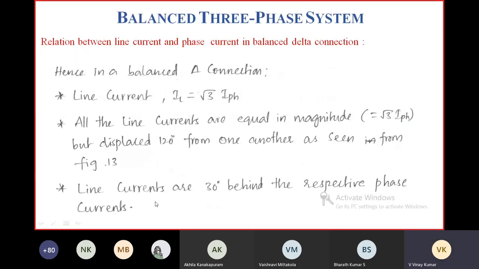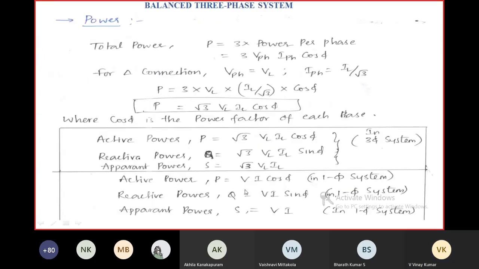So line currents are 30 degrees behind the respective phase currents, which means the phase current leads the line current by an angle of 30 degrees. Coming to power, after using the relationship between line voltage and phase voltage, and the relationship between line current and phase current in a delta connected system, we get the total power P equal to